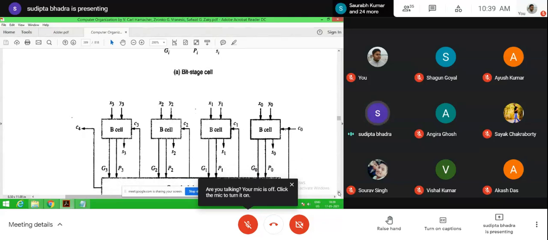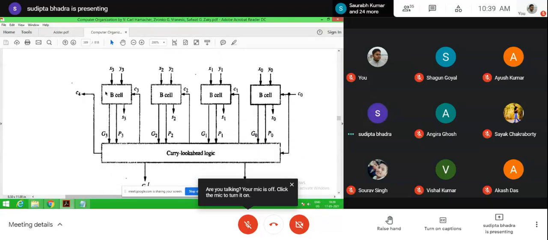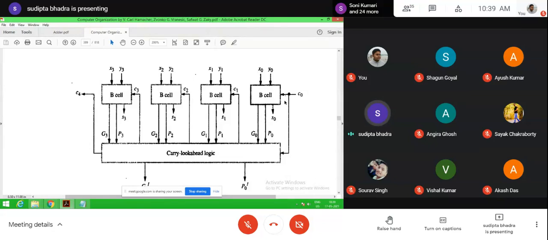Now this bit stage cell can be used to create a 4-bit adder. In this 4-bit adder, every bit stage cell generates three things: the generate and propagate values G0 and P0, and the sum.